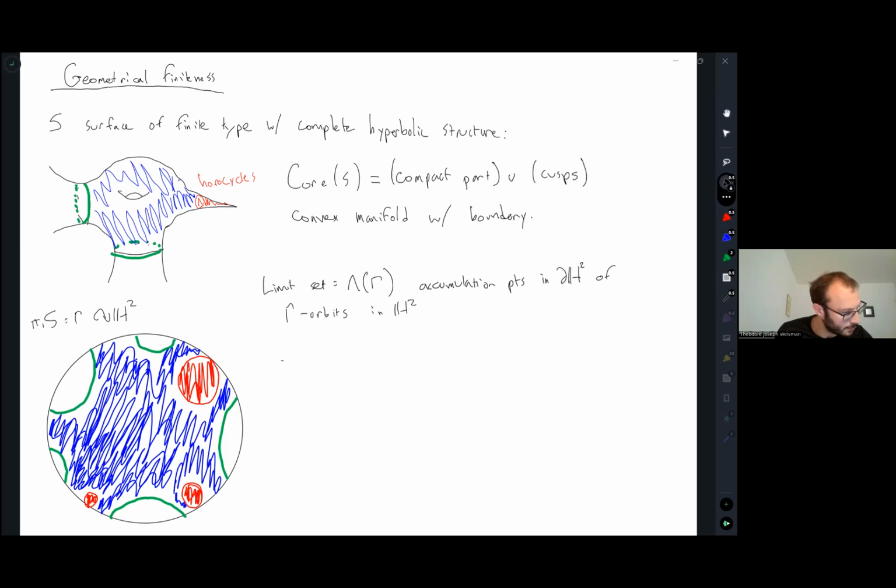It turns out the universal cover of this convex core is going to be exactly equal to the convex hull of the limit set sitting inside of H2. And this convex core itself is the quotient of this convex set